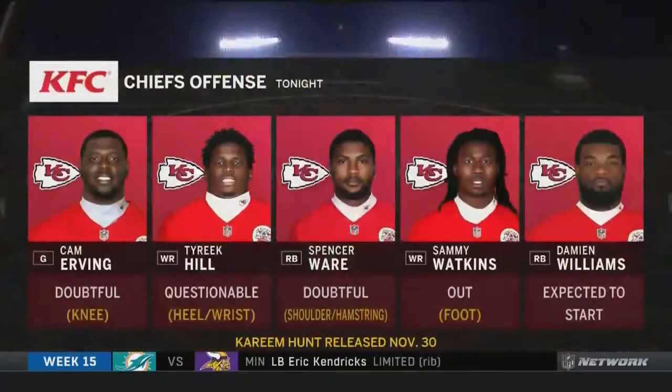He's missed the last 2 games, so that means Philip Rivers is going to have to throw a lot more on this Kansas City secondary, which he can throw on. Got to step up and play tonight. That's right. Rivers will try to keep